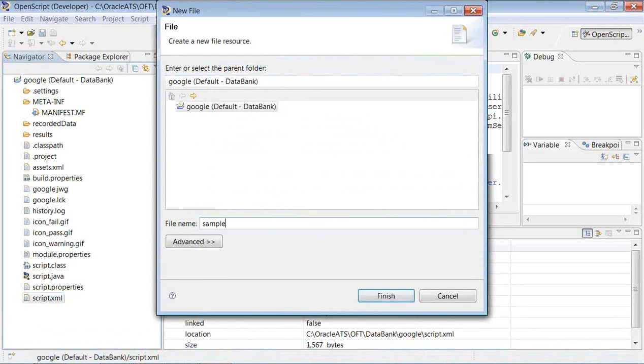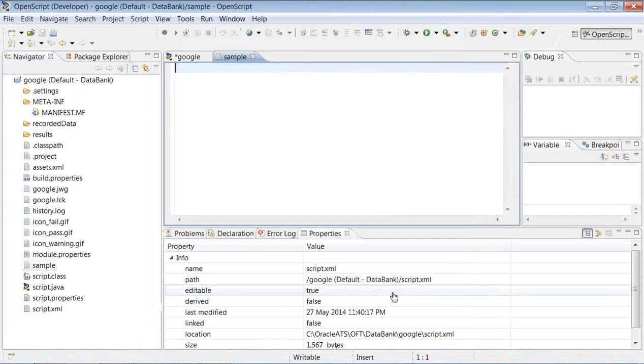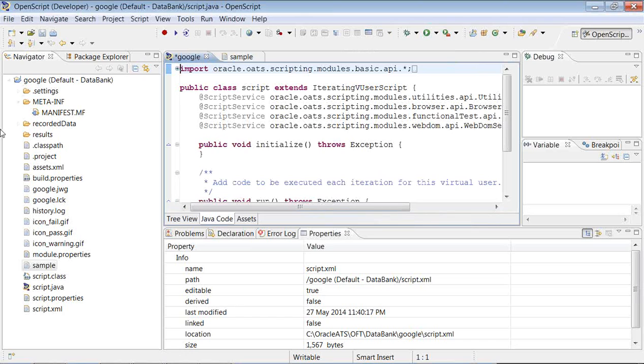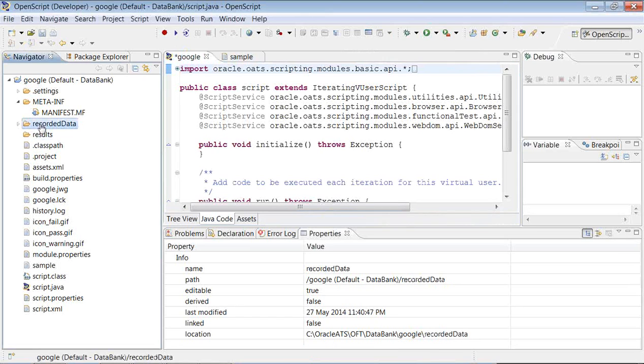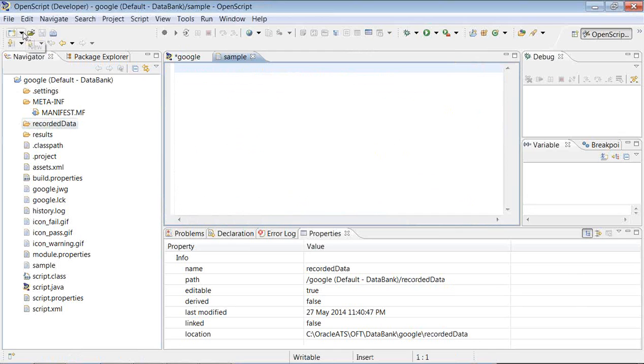Let me try recording it. This is a new script, and it has opened for JavaScript.